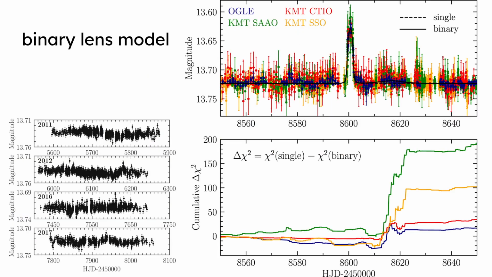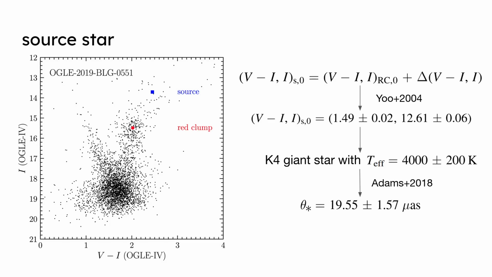And so for that, what they do is they have the color index and I magnitude, but it is reddened. When they measure it all, they don't account for interstellar reddening. So they need first to get the dereddened photometric properties of the star. For that, they use this method from Yoo et al. 2004, where they plot this diagram,